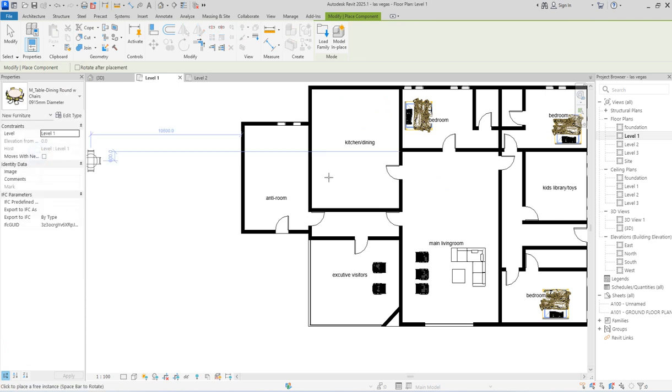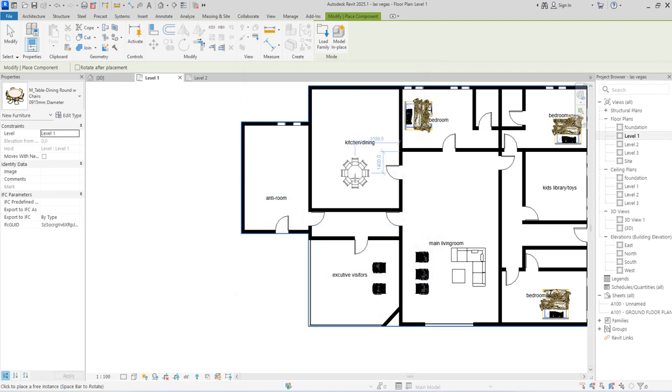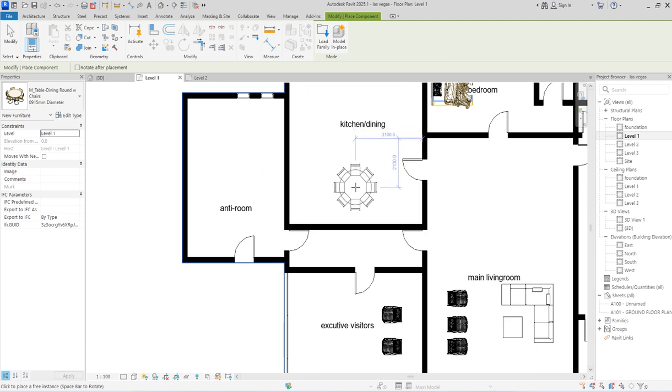Because it's a big house, I'm going to use that small one. So you did the dining here. This one is a special template, so I'm going to say 8. So the diameter here now I'm increasing it to 1,300. Now let me just use 1,500 to be okay. So the radius will be 750. Apply. Okay. So that is how we have more people using the dining in this place.